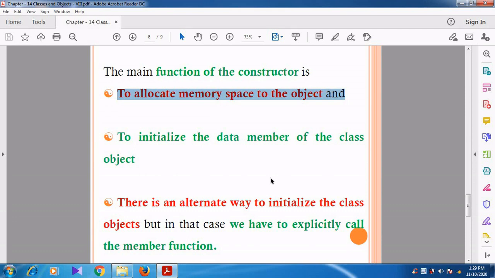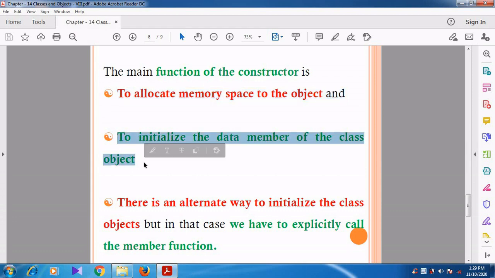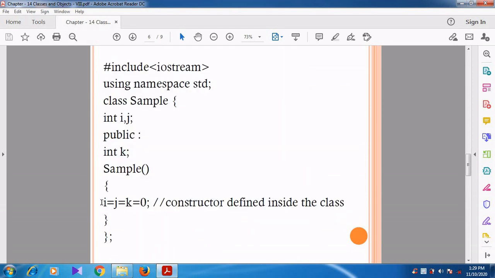Can you understand, students? And then, to initialize the data members, the data members are initialized only through the constructor. We discussed this in the previous example. Here, Sample is called the constructor.